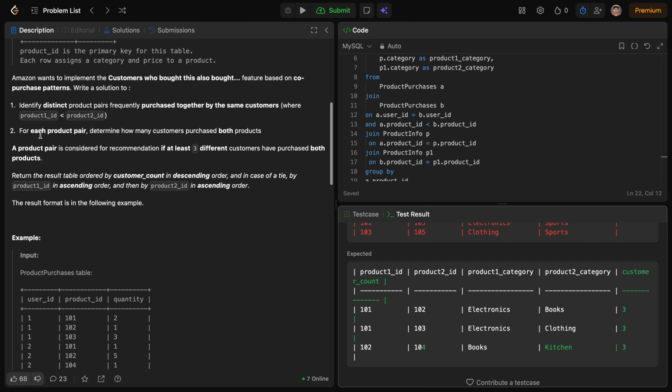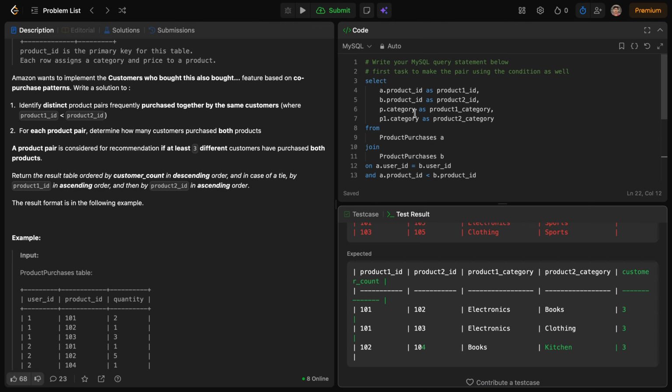For each product pair, determine how many customers purchased both products. Okay, so comma count distinct a dot user id as customer count,